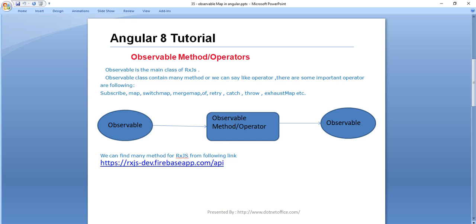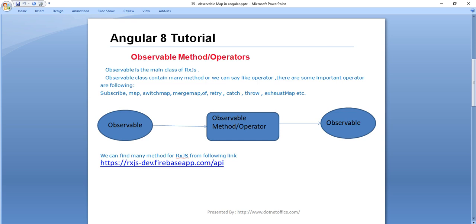So basically the use of the observable method, or we can say the operator, is like a middle layer between the request and the output of that request. So basically when we give any request to a method, the request will be an observable type and the output will be the observable type only, and in between we use the operators. In a bit we will understand how we use this operator.